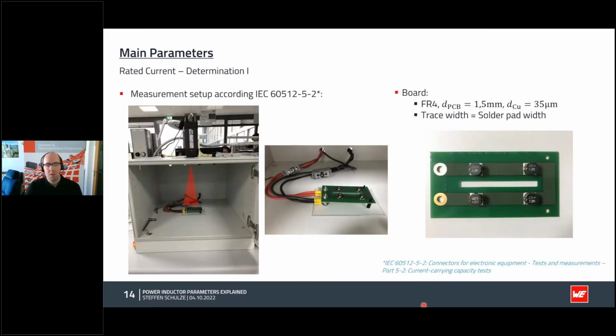So now it's interesting how we usually determine, or how every manufacturer determines, the rated current for their components. I would say the old or the previous standard which we used is the IEC 60512-5-2, which was actually not for power inductors or wire wound components, but for connectors. So connectors for electronic equipment, current carrying capacity tests, they are defined in this standard, and it was reused for